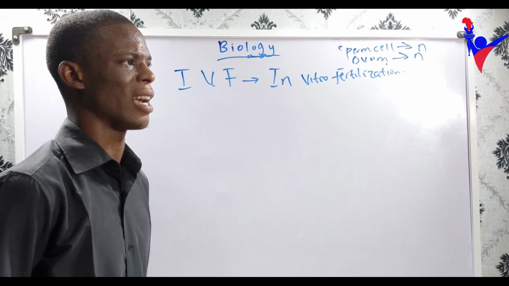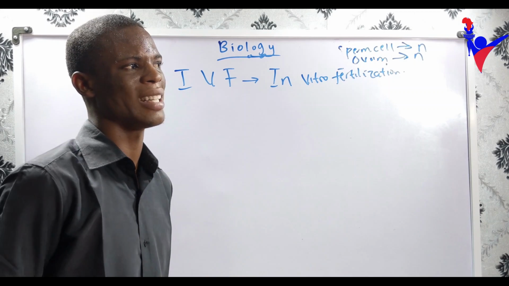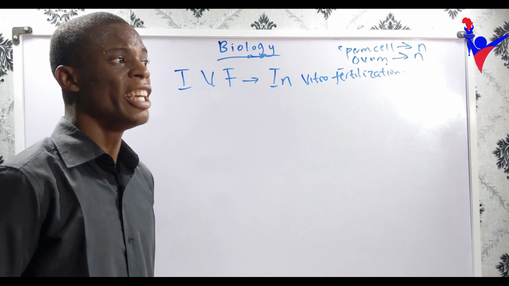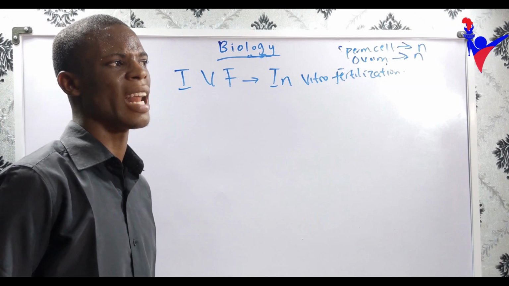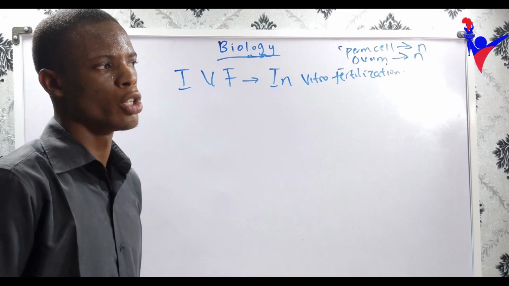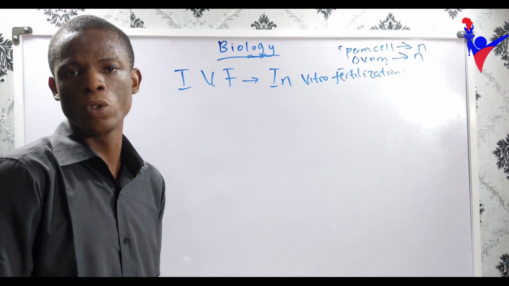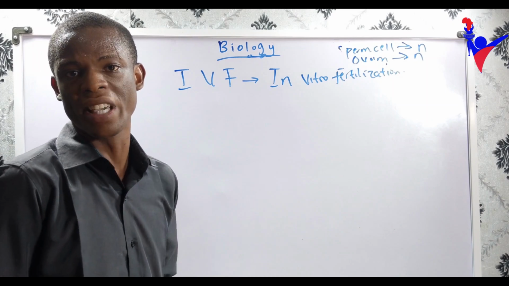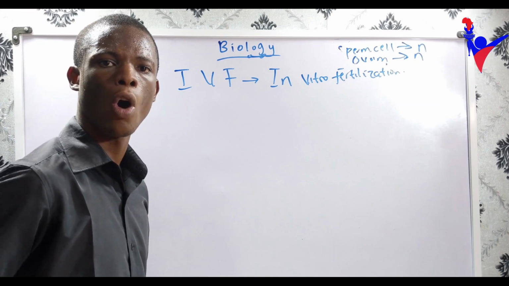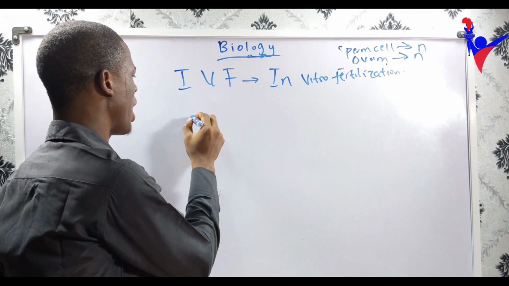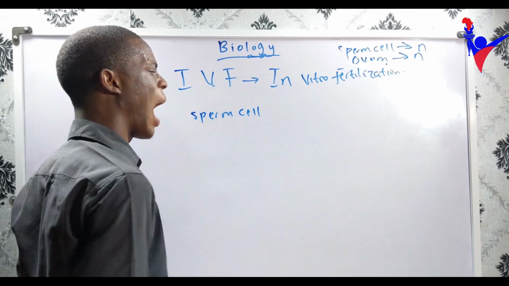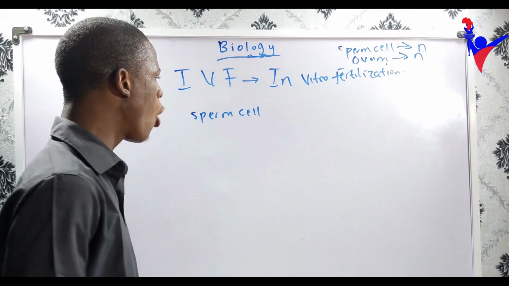So like the question asks, a genetic counselor advised a couple that they can produce several embryos through IVF treatment. During the IVF treatment, each fertilized egg forms an embryo by cell division. So the IVF treatment has been used to help couples that are not able to give birth. We have the sperm cell of the husband being taken, and also we have the ovum